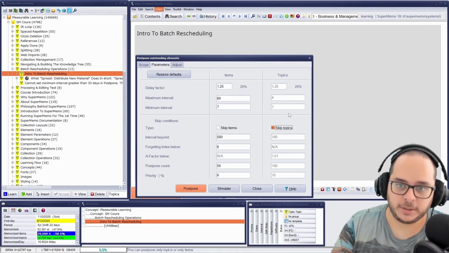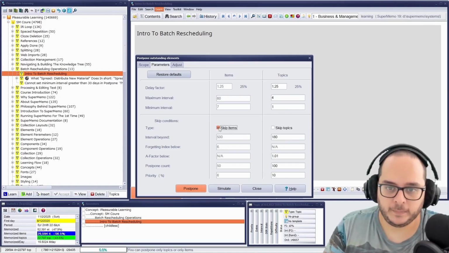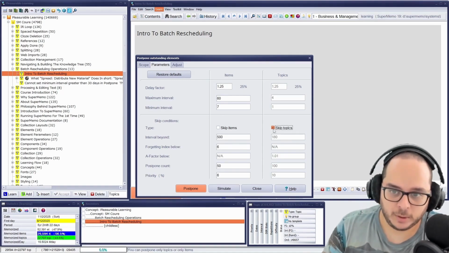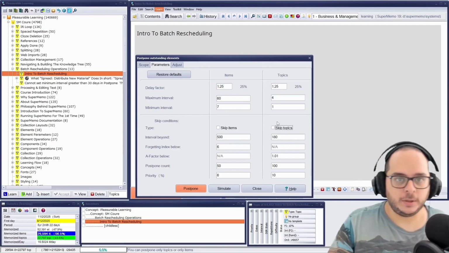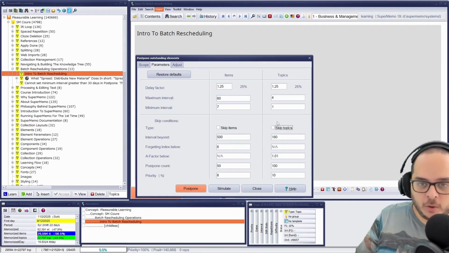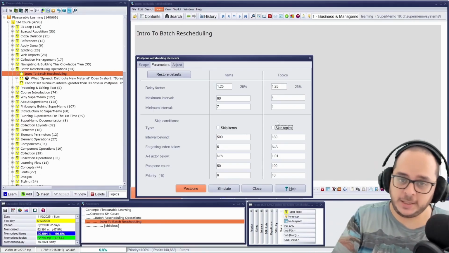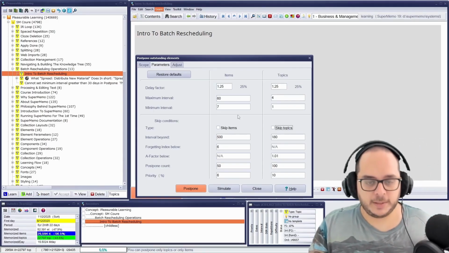Therefore, they will be untouched. Do you see I cannot have both skipped at the same time? Because then it will be useless. I skip everything, right? But what I can do is have both postponed. So we already know the difference of postponing elements, topics, and items. It's just a shortcut. You go to the same place.